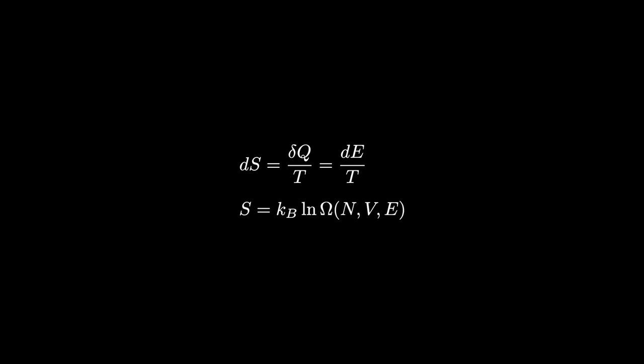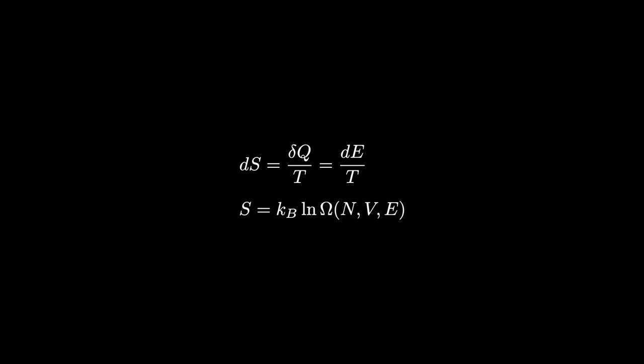As I said previously, we will now check if the entropy we have computed is the same as the thermodynamics entropy defined by Clausius. Clausius initially showed that a small variation of entropy was equal to a small variation of heat the system either receives or gives up, divided by its temperature. In case the system doesn't do any mechanical work, this small variation of heat is directly equal to the small variation of energy. So we want to see if Boltzmann's entropy, given by kB ln omega, is indeed the entropy